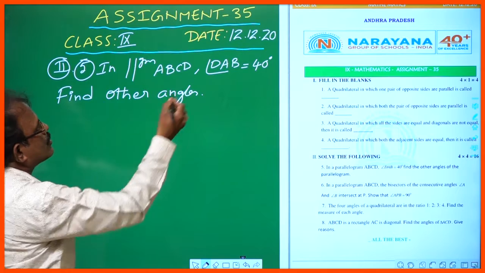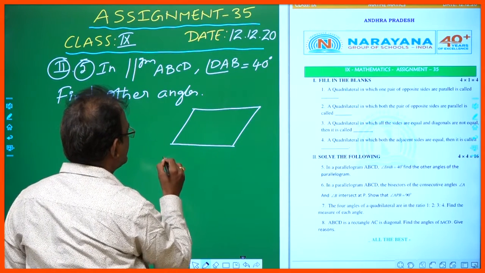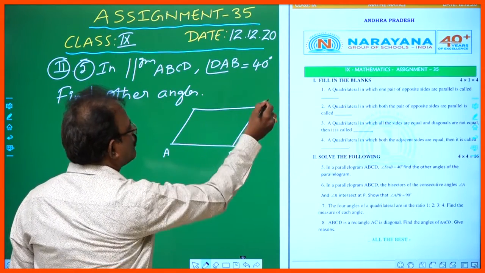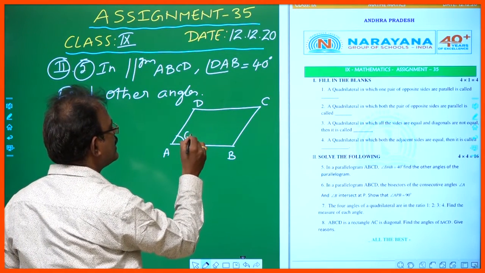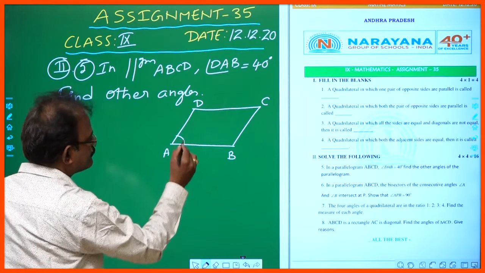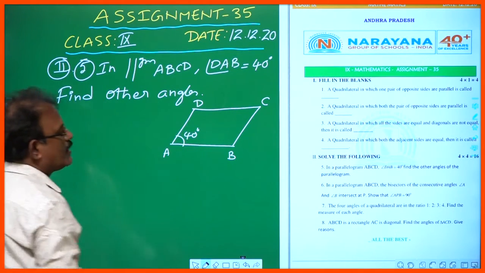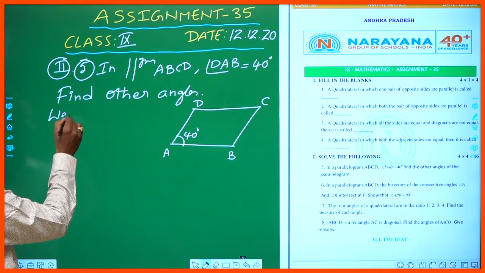Okay children, so let us take one parallelogram. So DAB, this angle is 40 degrees, they have given that. Now we know that,